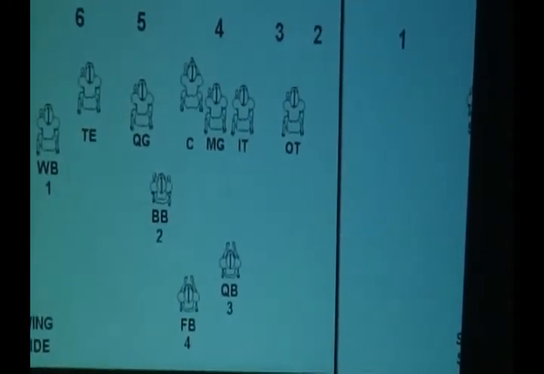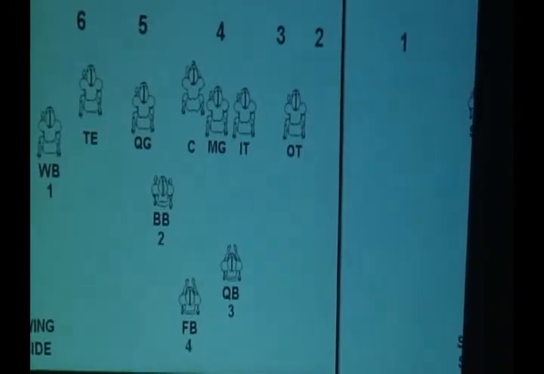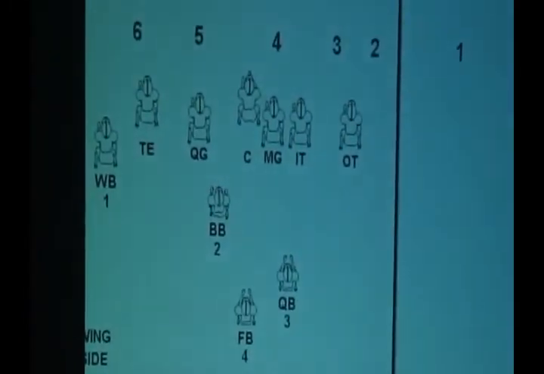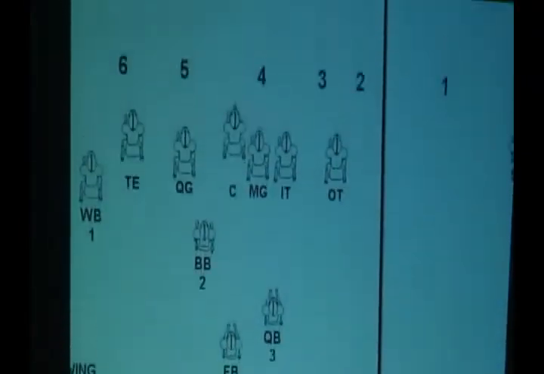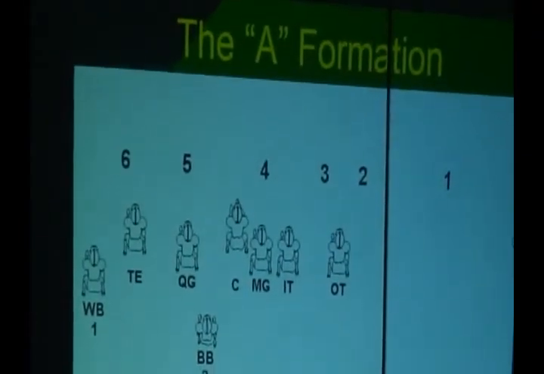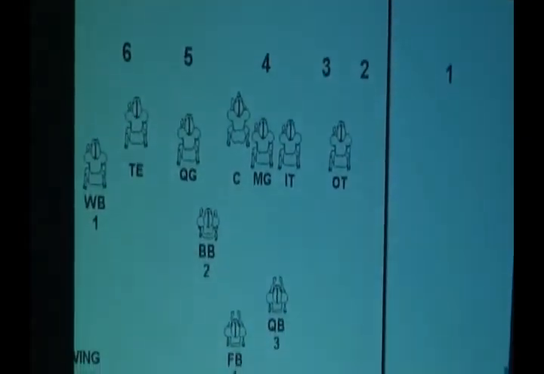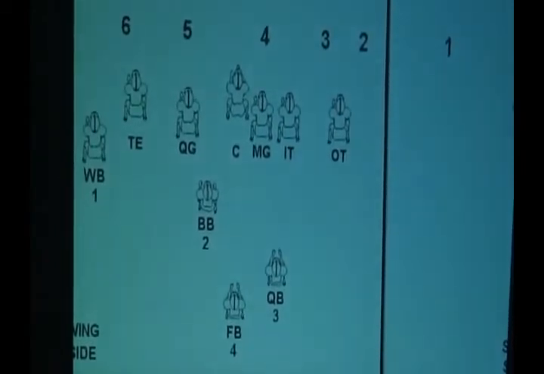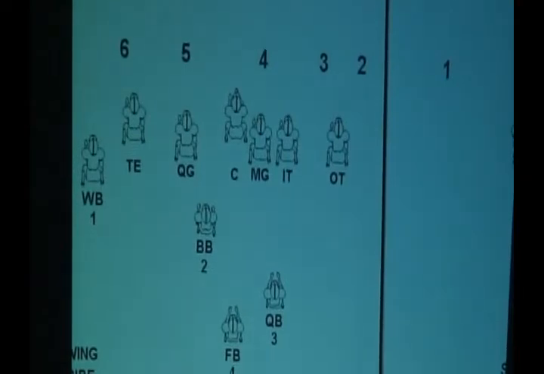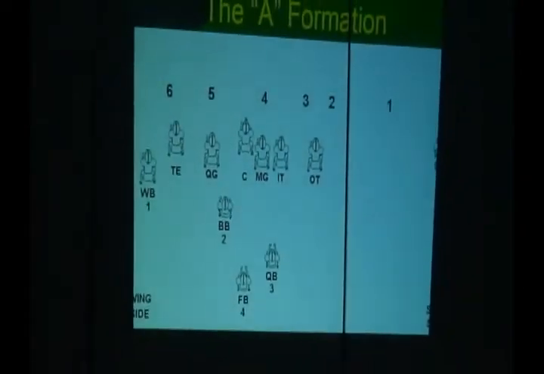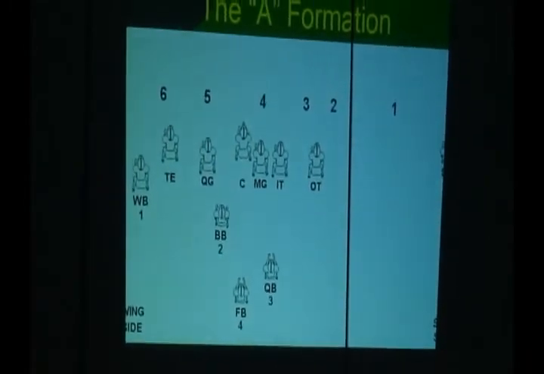And that's a split end over there on the right side, the A formation that Coach Owen used. Fascinating guy, by the way. He was raised in Oklahoma when it was still the Indian Territory, and he grew up in cowboy country. He was a wildcatter in the oil fields. I mean, he really had a colorful life. And he joined the NFL when it was basically still in its barnstorming stage. And when he switched from the Kansas City Stars